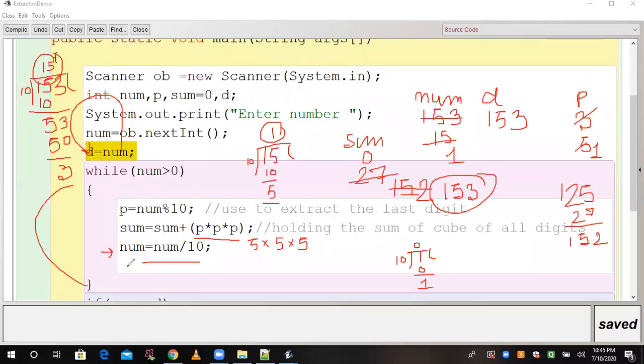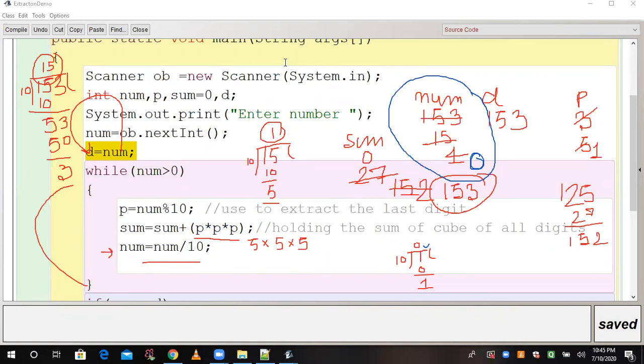Understand? Now num is equal to num by 10. Now num will become absolutely 0, because we take the quotient, which is 0. Now you have to observe one very important point. What is the status of num?